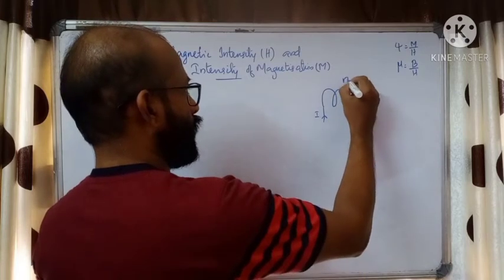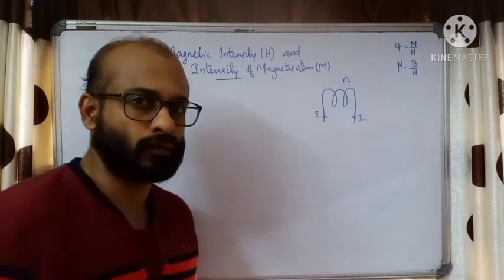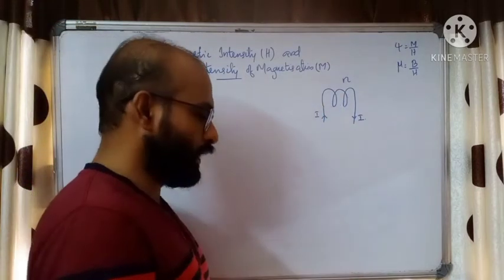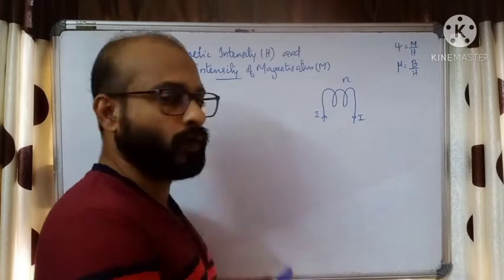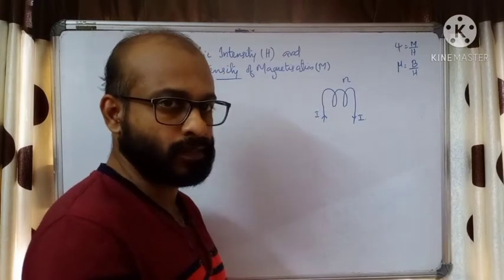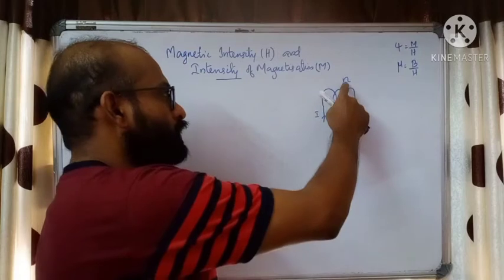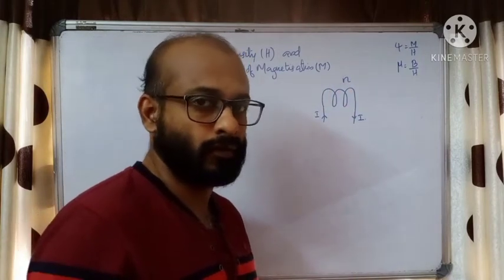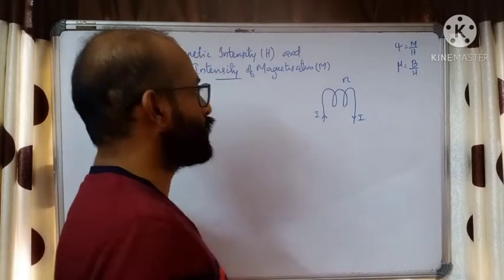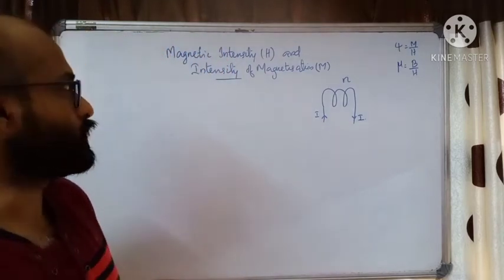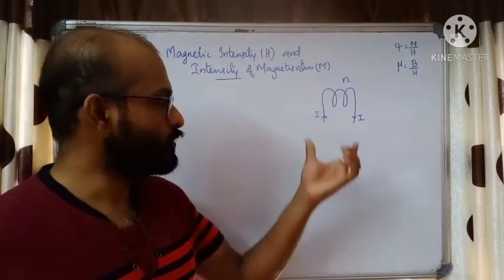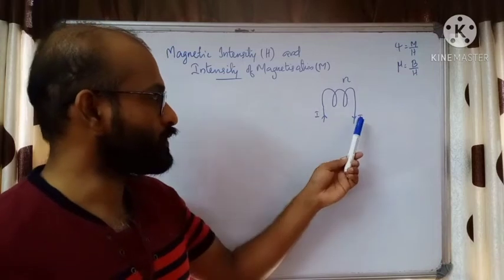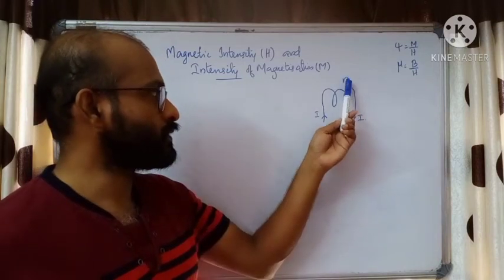Let small n be the number of turns per length of the solenoid. And if we increase the strength of the current, the strength of the magnetic field also increases. And if we increase the number of turns also, the same thing, the strength of the magnetic field will increase. So we can say the magnetic intensity produced by this current carrying solenoid depends on two terms. One is the strength of the current and the other one is the number of turns per